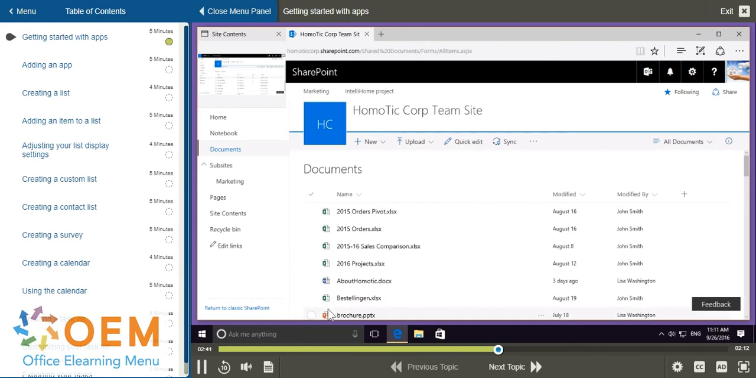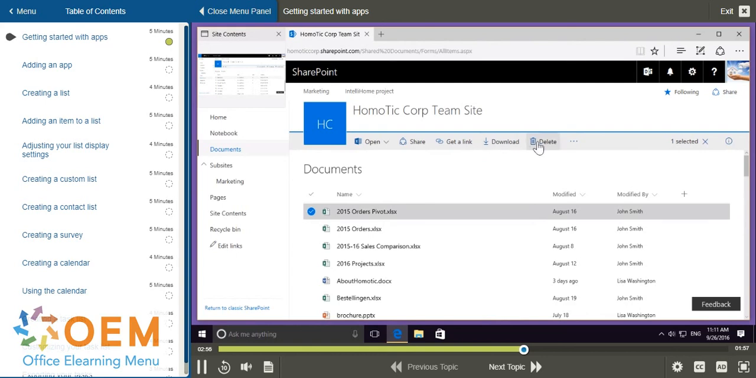PowerPoint presentations. If I would like to upload items within the application, I can select the upload options, as well as quick edit options. And if I'd like to delete any items within the list, I can go next to the item and select delete at the top. It's going to ask if I'm sure, and I can select delete or cancel. To return to my list of applications, I can select Site Contents on the left-hand side,